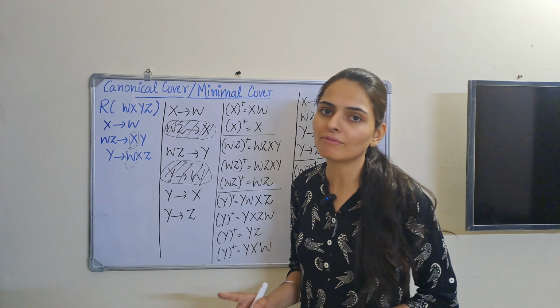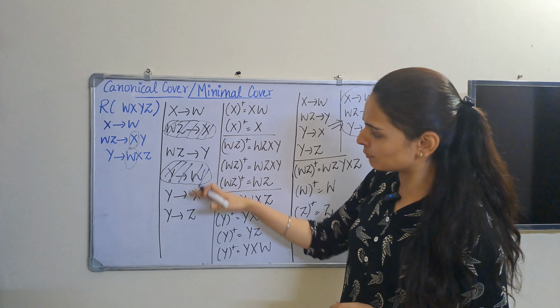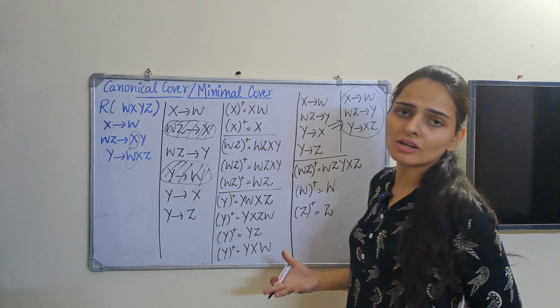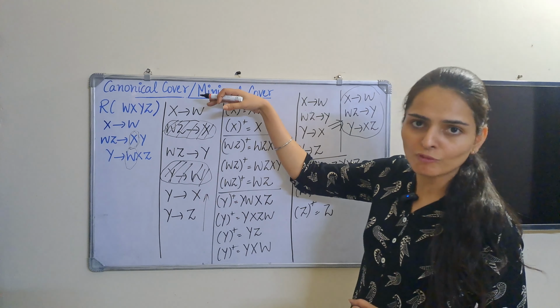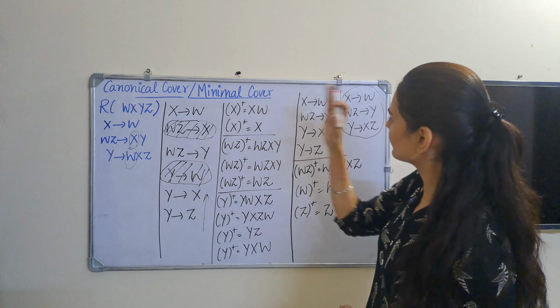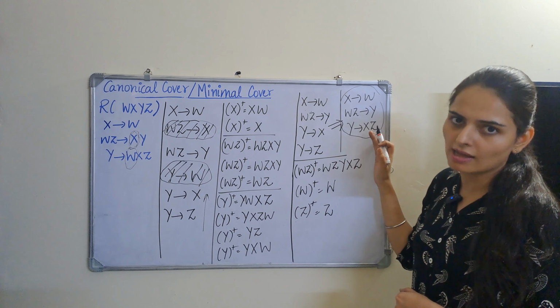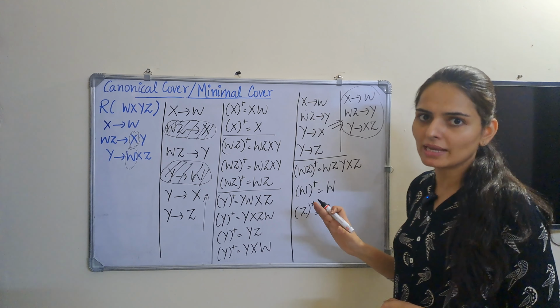Now one more thing that we have to consider over here is that we have solved this for this particular order that we have taken. If there is some other order that we consider, say if we move from bottom to upwards, then it might be the case that we get some other functional dependencies as the answer. That is completely fine. That also will be correct.